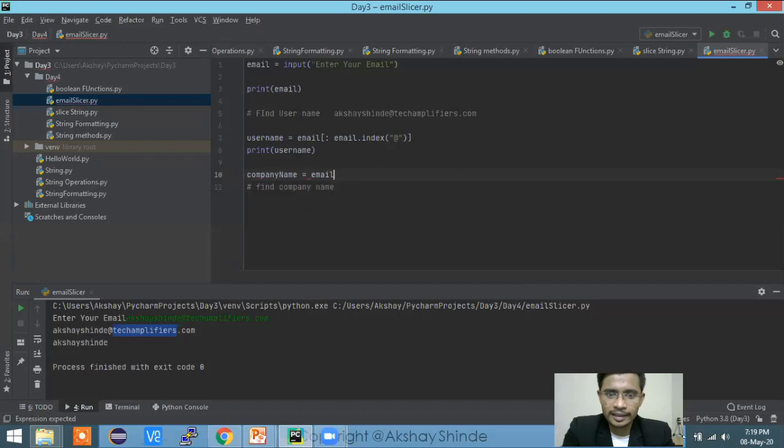So tell me, what is my company name? This will be basically email. In brackets, I have to give two indexes. Now you have to tell me in the chat box what the first index is and what the last index is, and how I can take out only this company name from my email ID, or from any email ID. Right now, since I'm considering my email ID, I know exactly that the @ is at location 12, and I guess at 17 or 18 there is the dot.